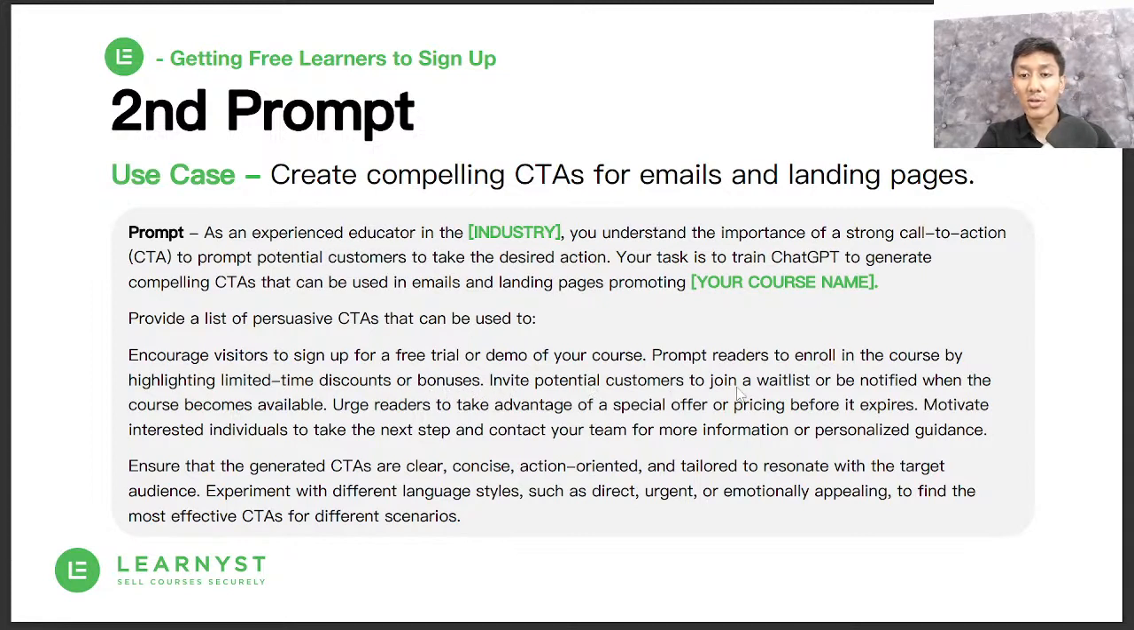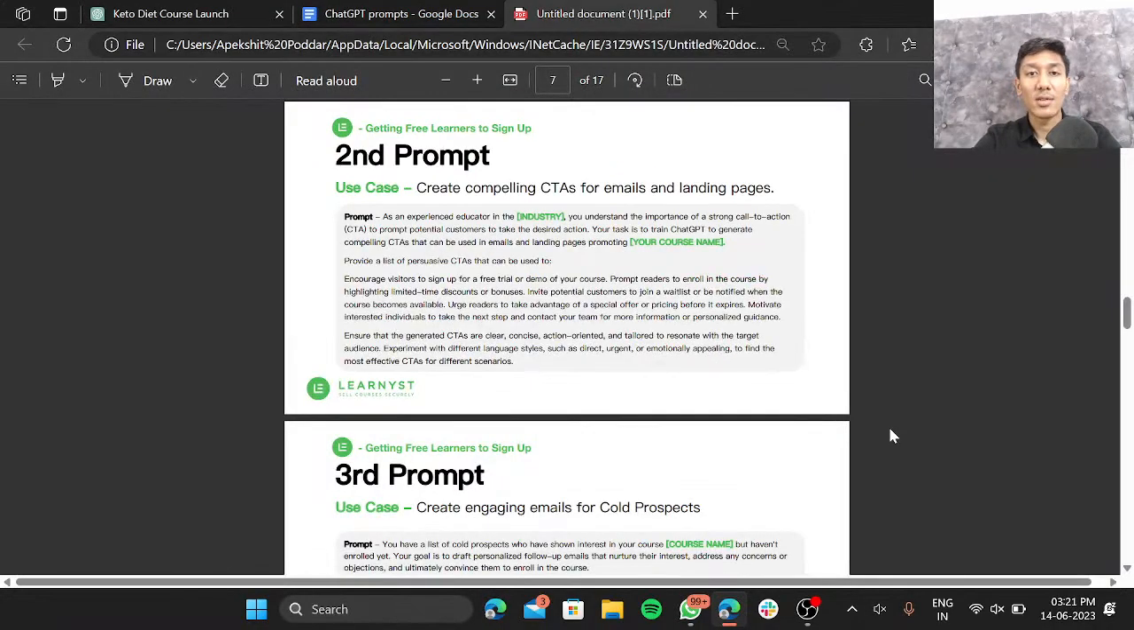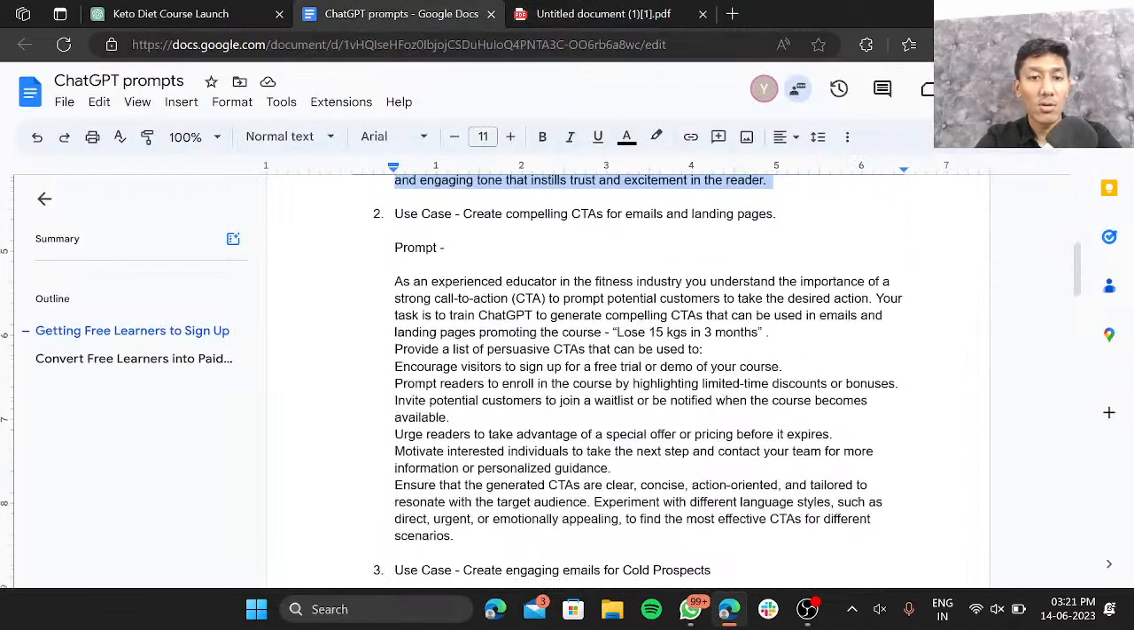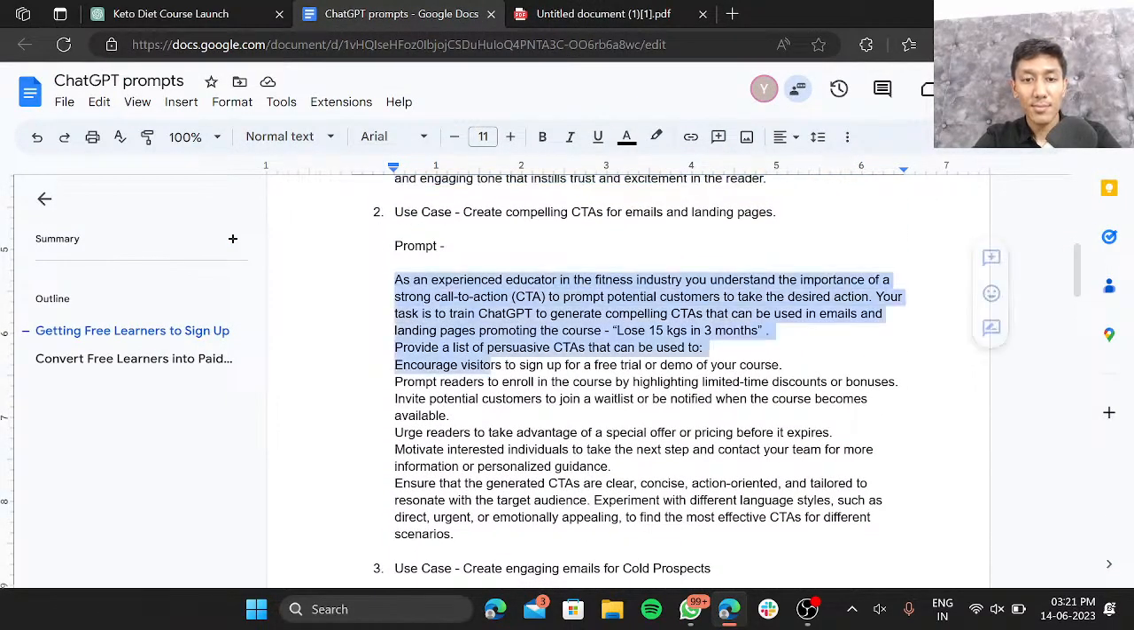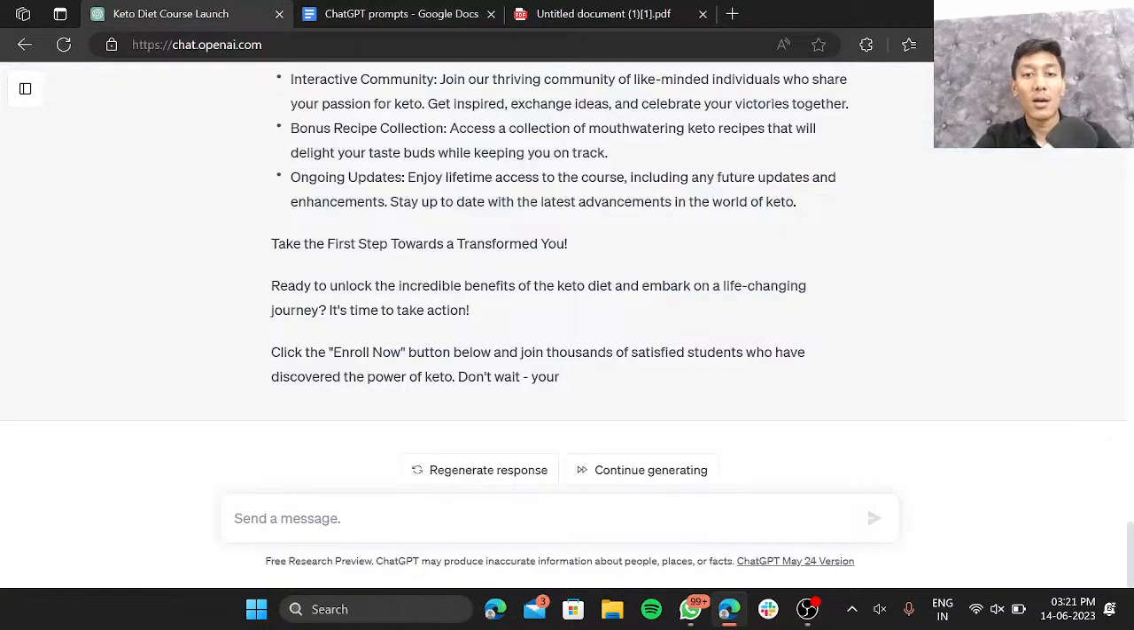Invite potential customers to join a waitlist or be notified when the course becomes available. Urge readers to take advantage of a special offer or pricing before it expires. Motivate interested individuals to take the next step and contact your team for more information or personalized guidance, right? Again, just reading this won't make that much sense, but let's try it out on ChatGPT, right? Here we go. We'll copy this and